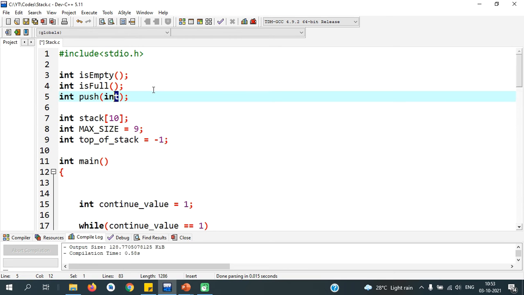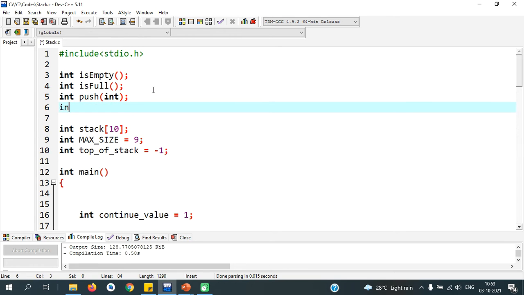Int pop has an empty argument, because the popping operation will just give you the topmost element of the stack, and we cannot specify the second, third, or fourth element, whatever the element may be. We cannot specify to pop a specific element in the stack. So popping just gets you the topmost element of the stack.